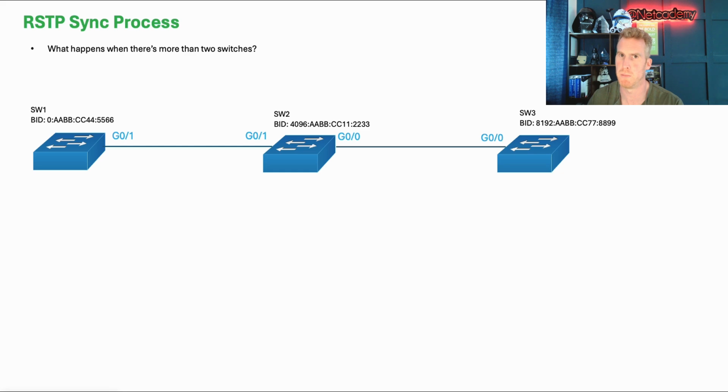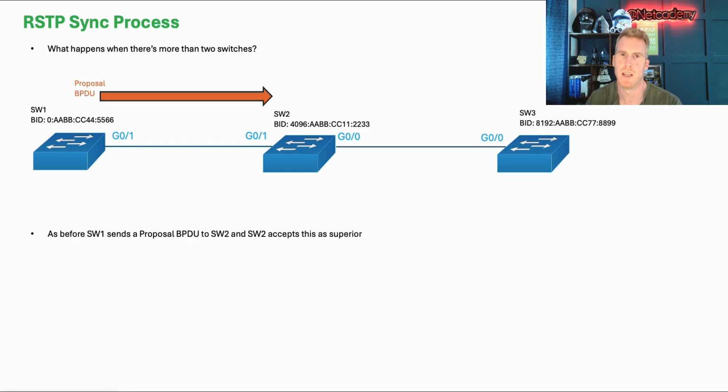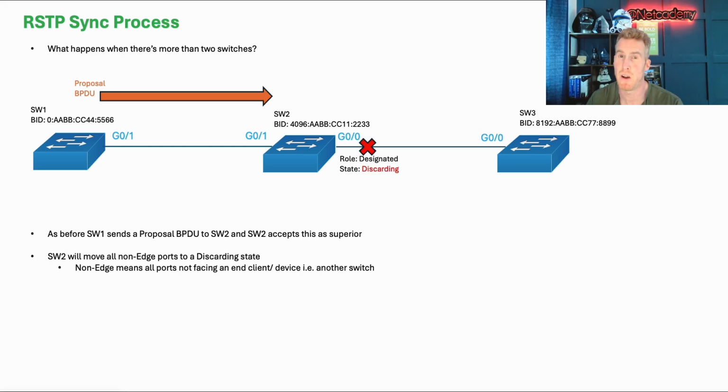It will just happen automatically for you when running RSTP. So just like before, SW1 will send out a proposal BPDU. At the same time, SW2 is also sending out its proposal BPDU. But when SW2 receives SW1's bridge protocol data unit and sees that it's superior because of its bridge identifier, because of its priority,